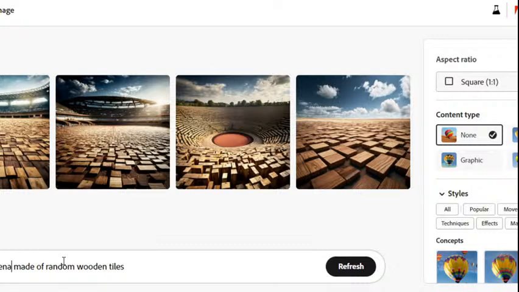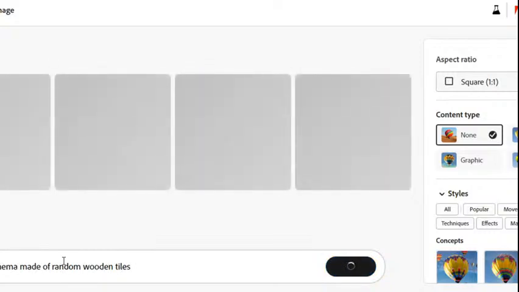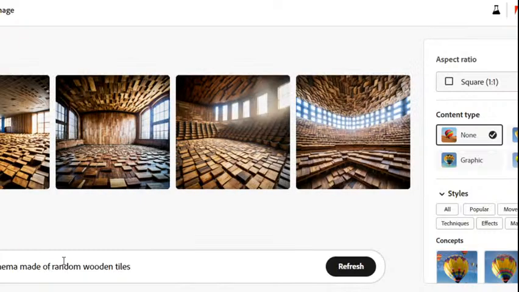So we need to look for some archetypes that are... okay, so this kind of a... if I say enormous,